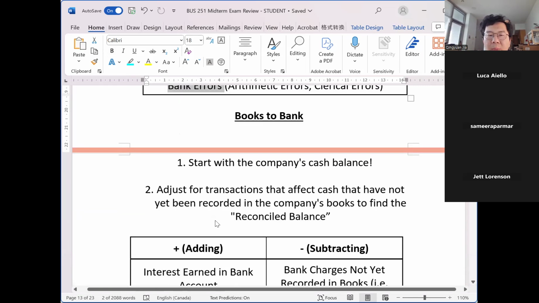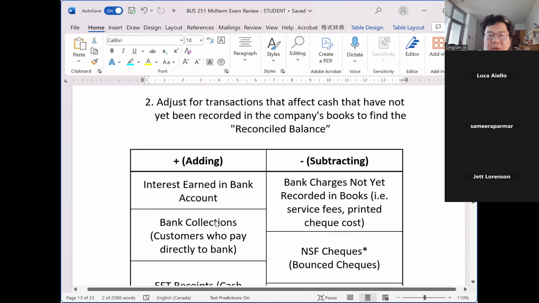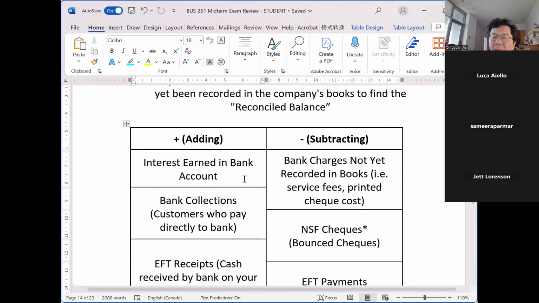Okay, so on the books to bank side, you have to start with the company's cash balance. And the items that we have to adjust is the interest earned in the bank account, which means when we have some interest, the bank will automatically book that, but we will not get to know this until we get the bank letter, probably at the end of the month. So we have to book this on the company side,